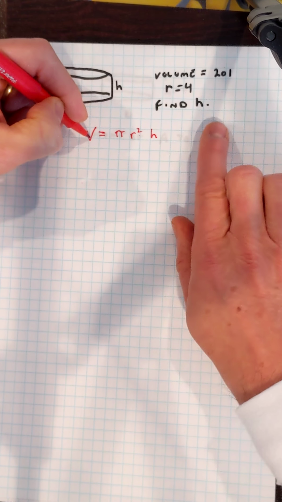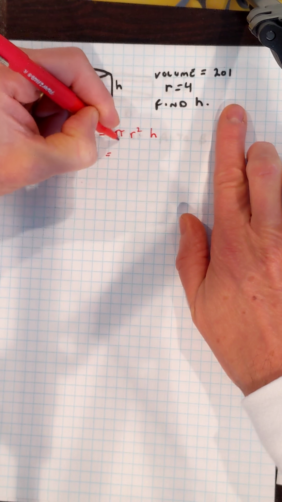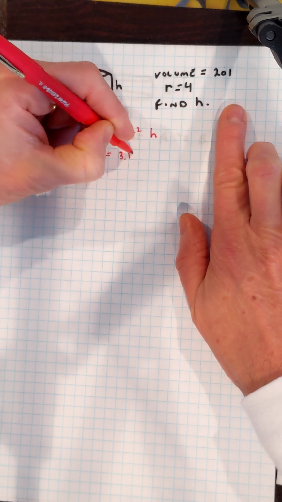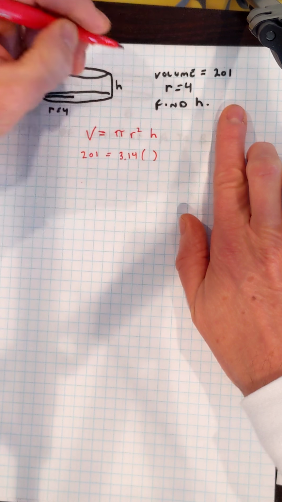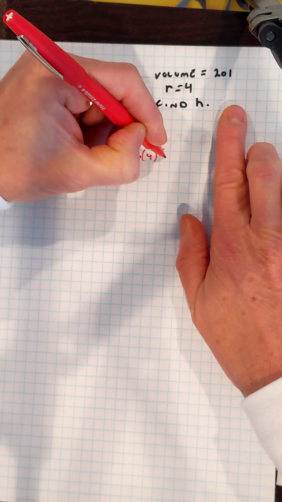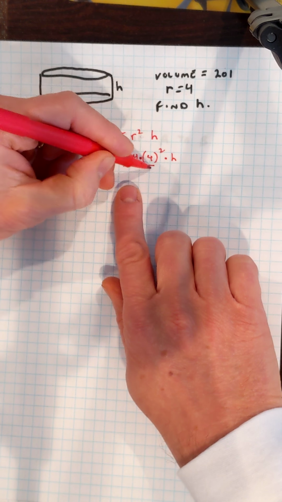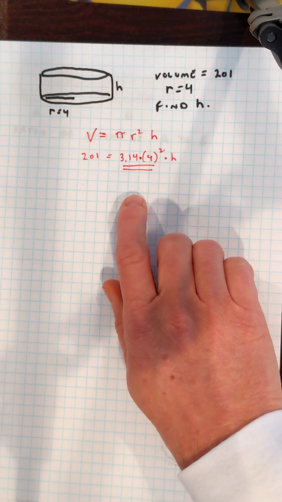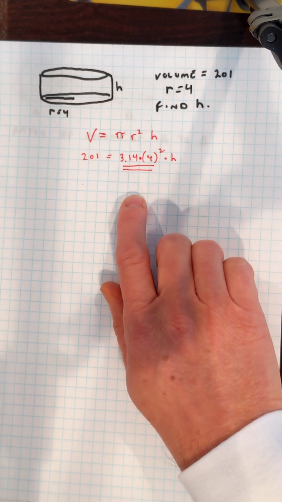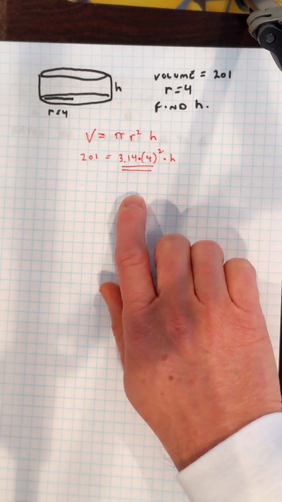They tell me my volume is 201. My pi is 3.14. Radius, they tell me, is 4 squared times h. So what I'm going to do is figure out what this number is. I'm going to do my algebra now. So in my calculator, I'm doing 3.14 times 4 squared, or 16, and I got